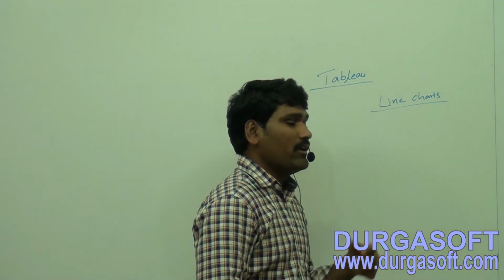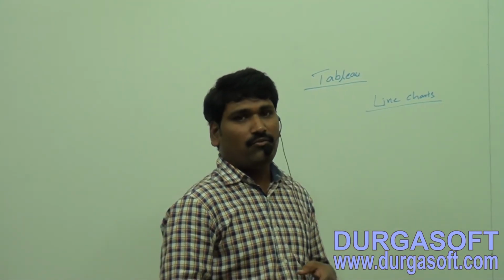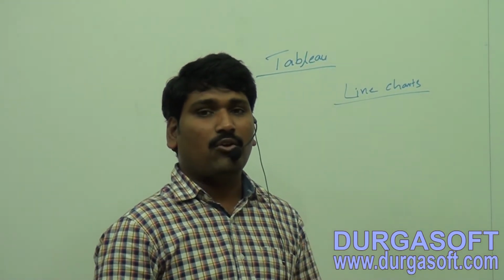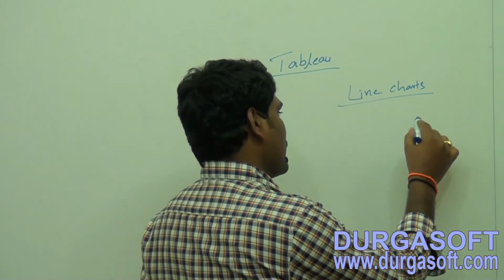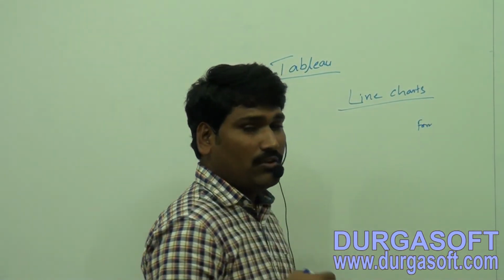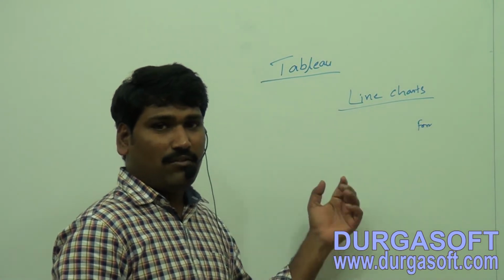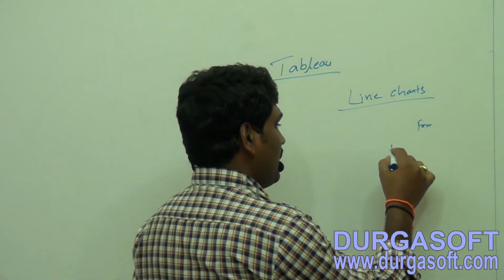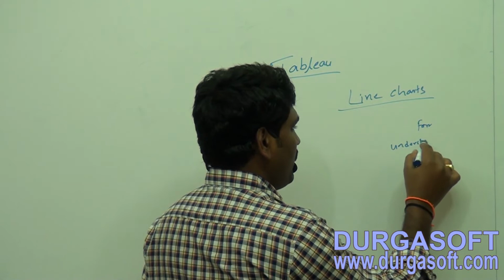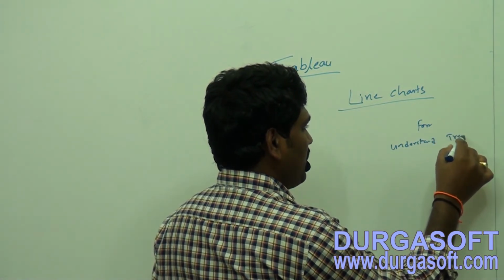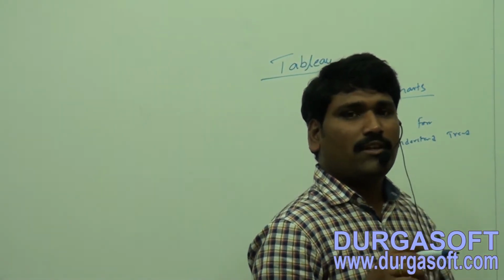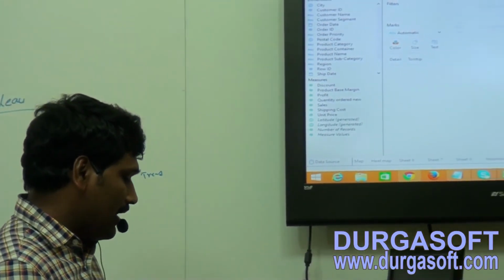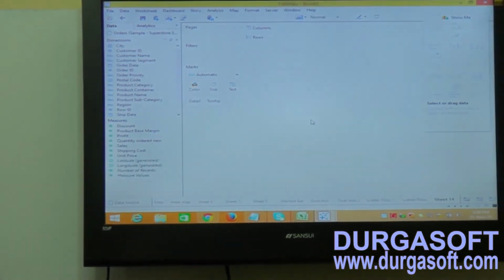That means we normally use a line chart if you want to analyze your business, forecasting your future business based on your previous data, and also understand your business trend. So by using a line chart it is very easy to show and represent the data. So if you want to create a line chart,